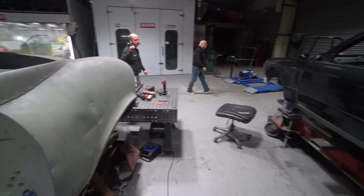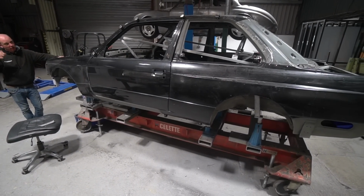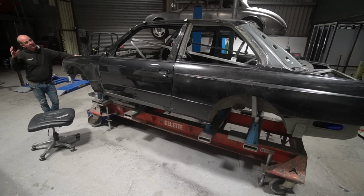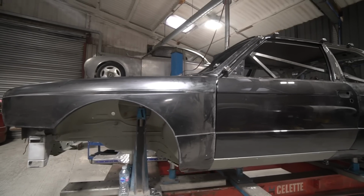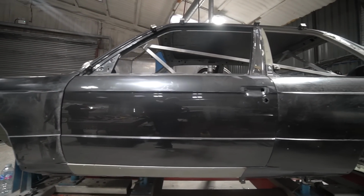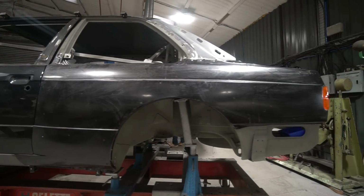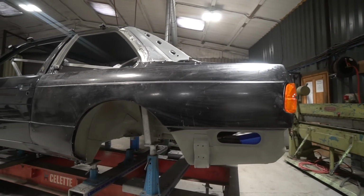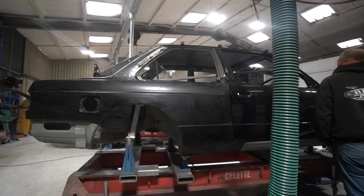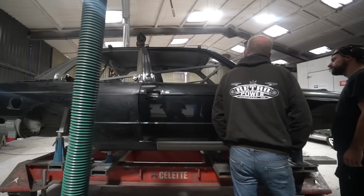Moving on to Redux E30. Scott's been working on this, and as you can see, there's progress occurring. The carbon panel mock-up is continuing and looking pretty good. There's, as always, some tweaking, some working backwards and forwards, just making sure that everything fits correctly, getting everything clamped in place, and there's a lot of clamping and unclamping, fitting and unfitting, repeating and just trialing things, making sure that everything's aligned correctly,